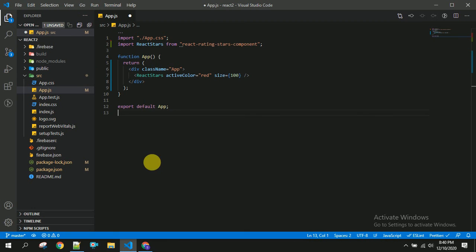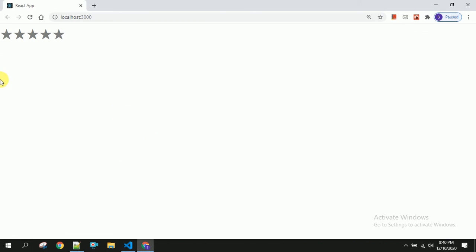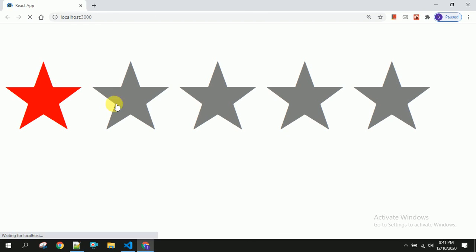Once it is saved successfully, let us go to the browser and refresh this. So you can see here the size got changed.